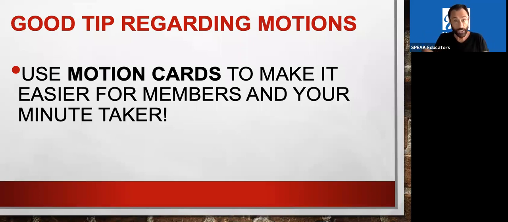Often, organizations use motion cards to record the vote, and then they save them in the secretary's files. It's further documentation of the decision making. But what's cool about that is it helps people get the wording right so that we don't have to deal with a lot of problems with the wording after the motion comes on the floor. So that's an introduction. That's not so complicated, right? That's the basics of getting started with parliamentary procedure: the why, the what, and ways to use it.